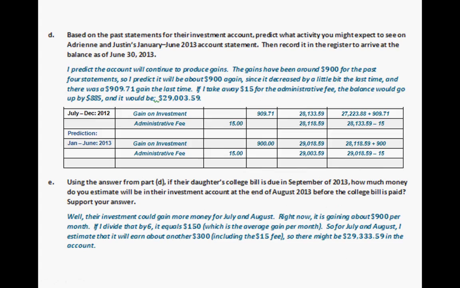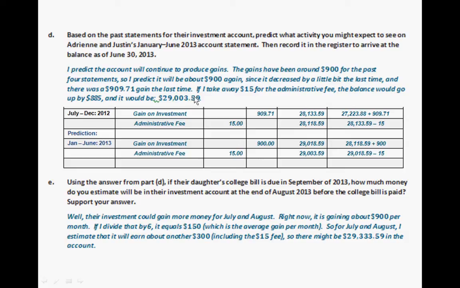All right, based on the past statements of their investment account, predict what activity you would expect to see. And again, this is just using evidence, which you will have to do on the standardized test. So using evidence of tables or graphs and then making a prediction. So I predict the account will continue to produce gains. The gains have been around $900 for the past 4 statements, so I predict that it will be about $900 again. Since it decreased by a little bit the last time, there was a